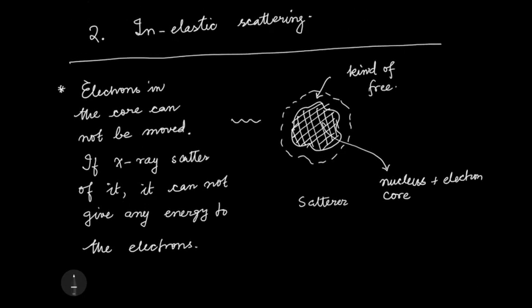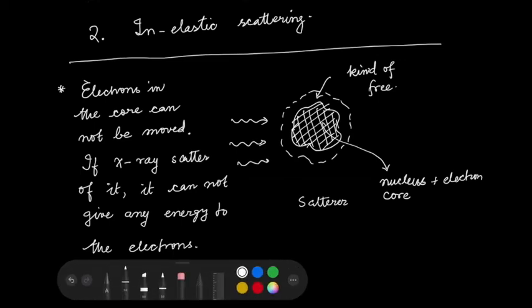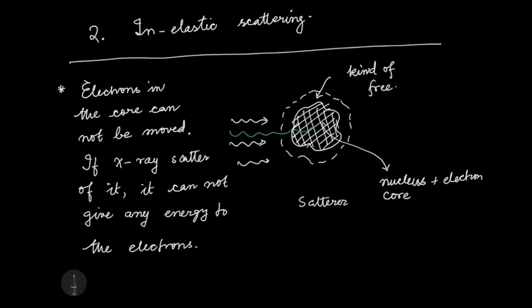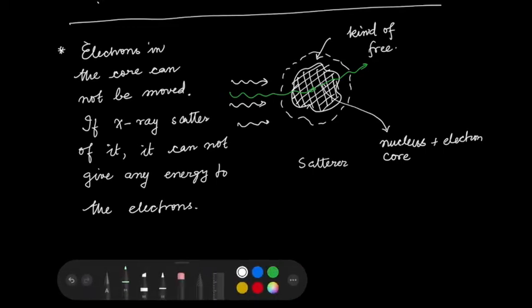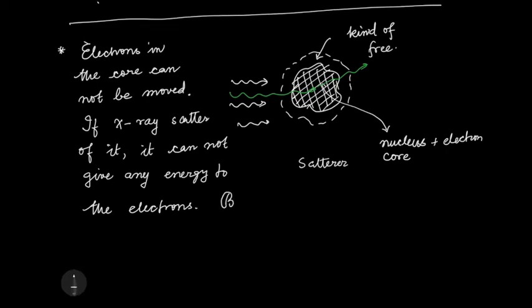Okay, so when the X-ray is falling into it, there are X-rays which are scattering off the core. These are interacting or scattering off the core electrons, and these X-rays cannot give any energy to the electrons. Why can it not give energy to the electrons? Because